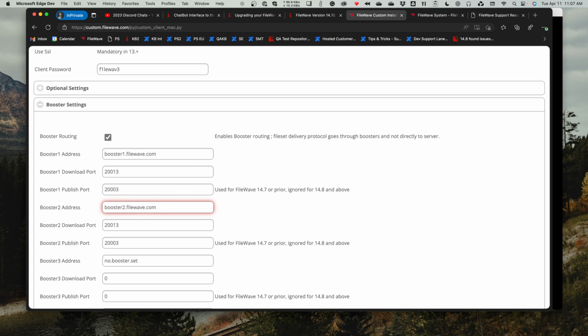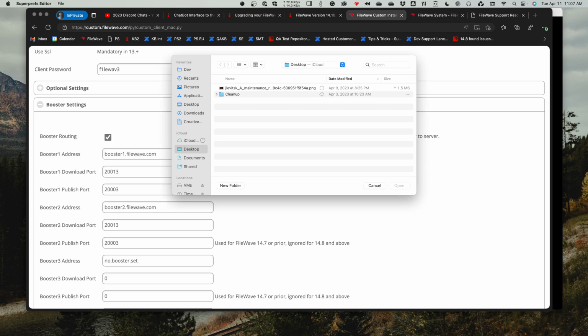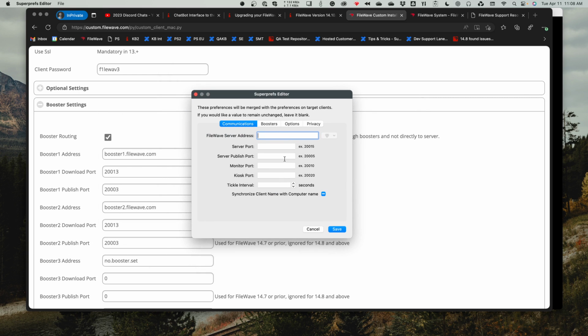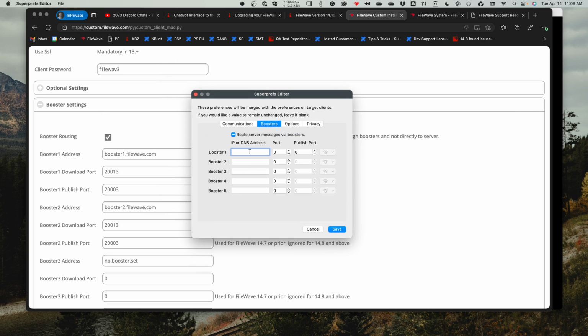But you can also go here to the superprefs editor that you have on any machine that has FileWave admin. The superpref editor lets you change settings after the fact. And there's a good KB article on it. Here I can define